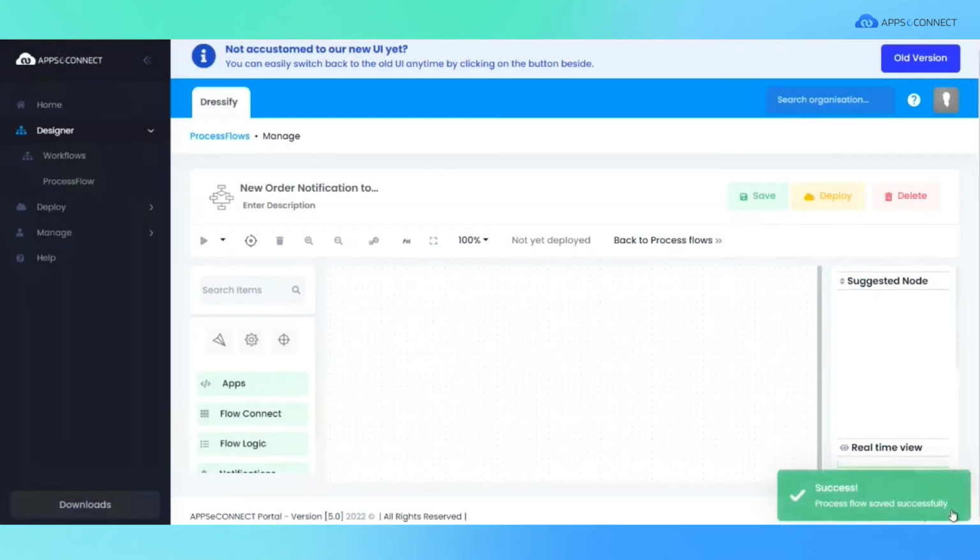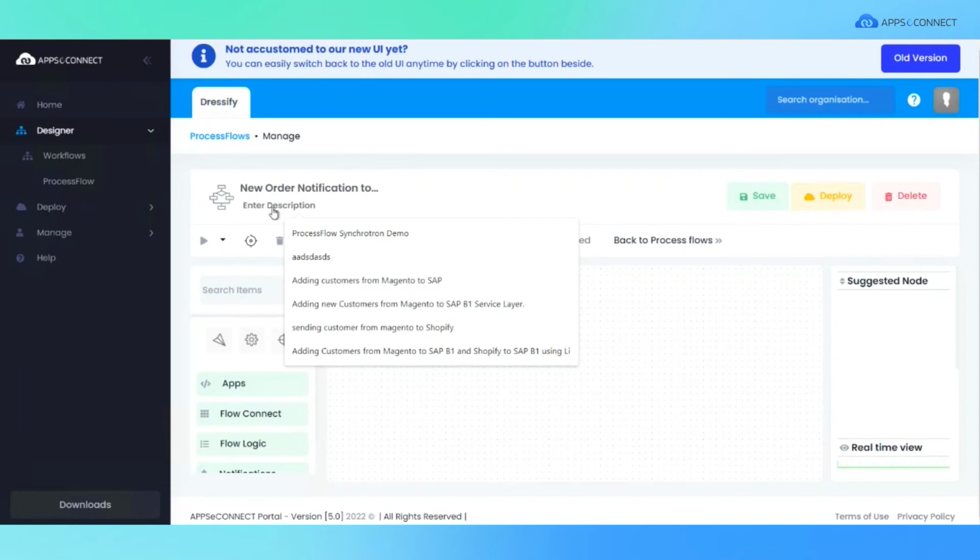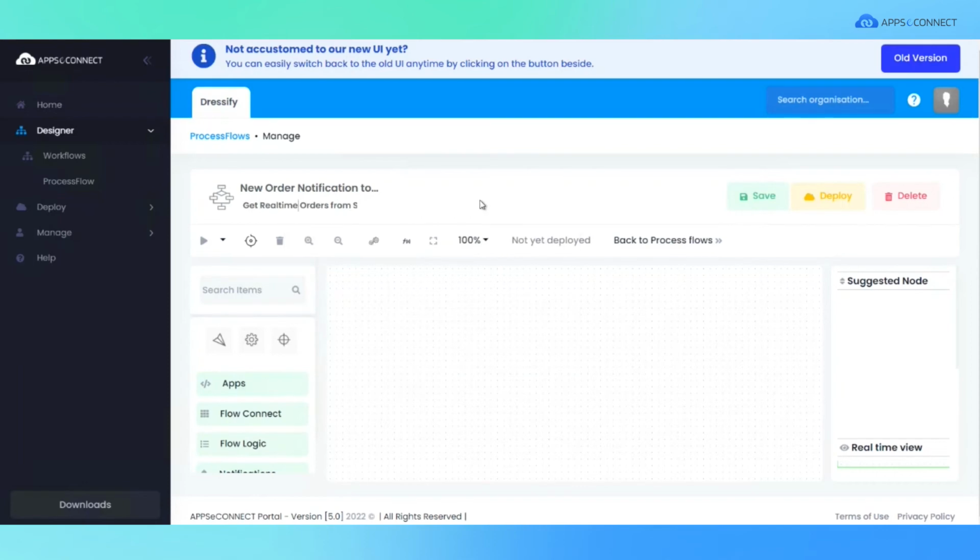Every time you will be notified by a toast message whether the process is going to be a success or not. Here at the left top corner you will find the description section, where you can provide the description related to this process flow. Like I'm providing, get real-time orders from Shopify and send notification to Microsoft Teams, and press